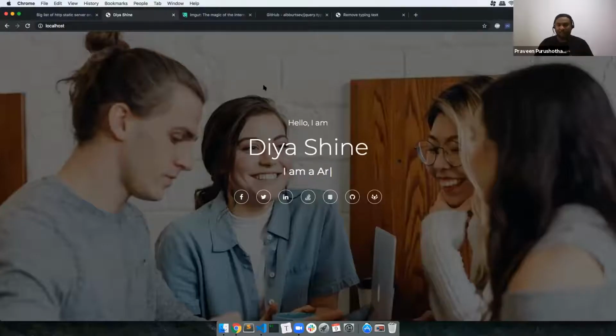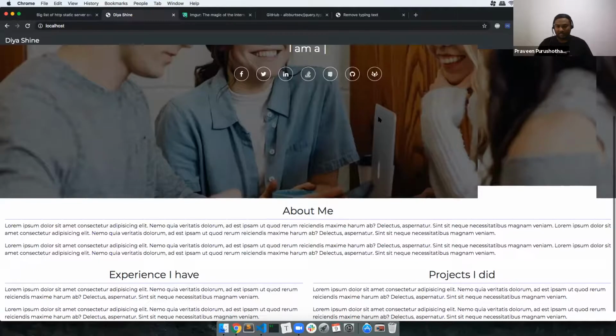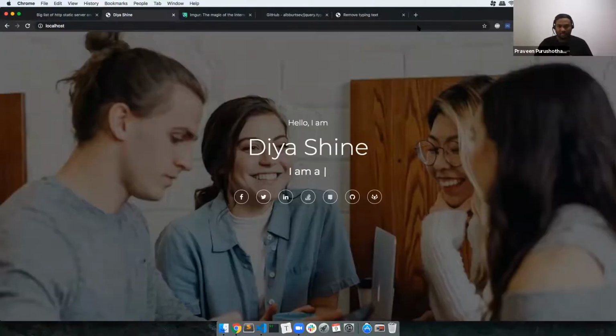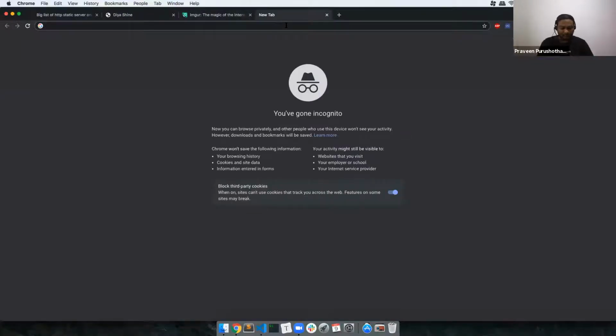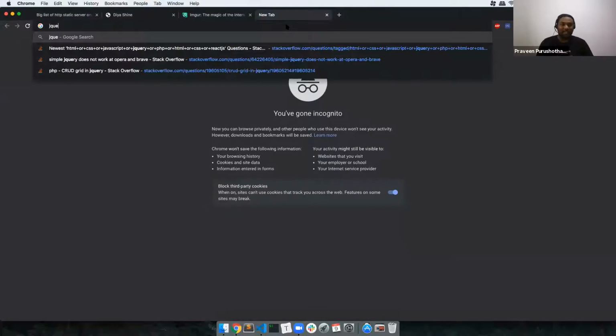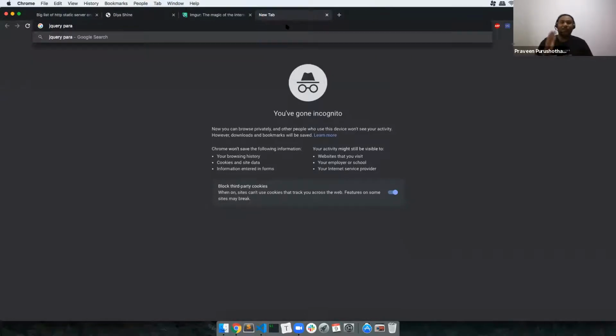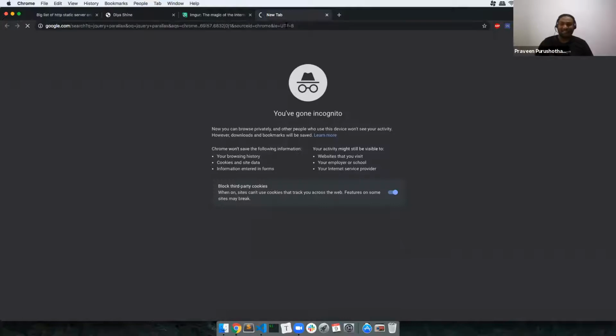And yeah, parallax, if we have time. That's actually a good thing. Let's quickly look at a parallax based site. Let's use jQuery parallax again. So whatever you want, just put a jQuery in front of it and you will get something.